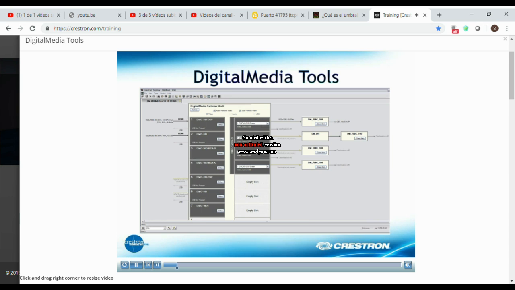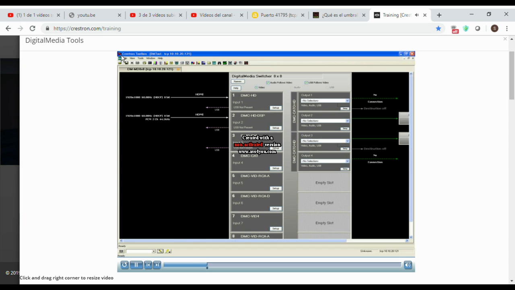Digital media tools allow you to configure, troubleshoot, and diagnose a DM system. You will use it to connect to a digital media switcher and test transmitters and receivers. Digital media, or DM tools, allows you to configure and view the settings for a digital media switcher and its associated transmitters and receivers. Using DM tools, you can view your sources and destinations information